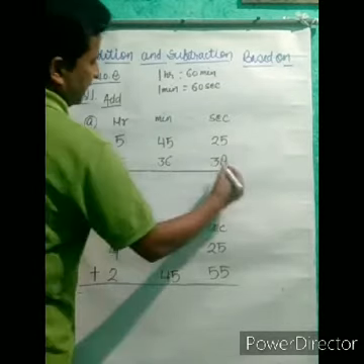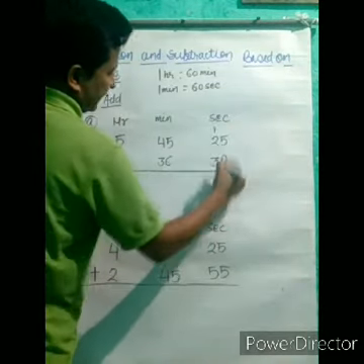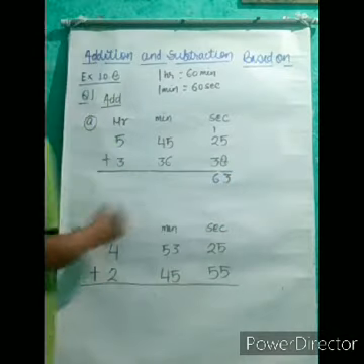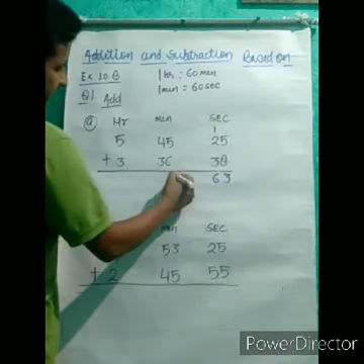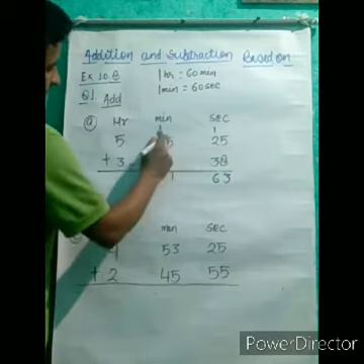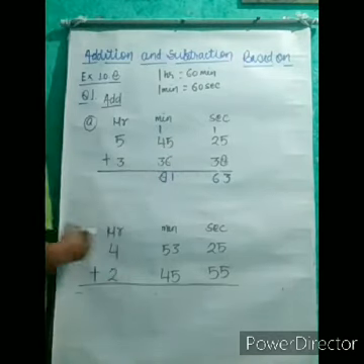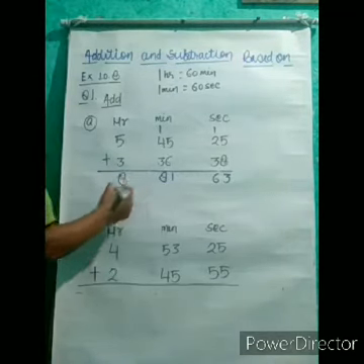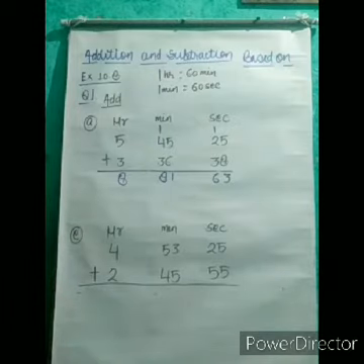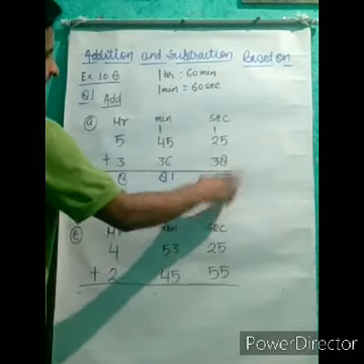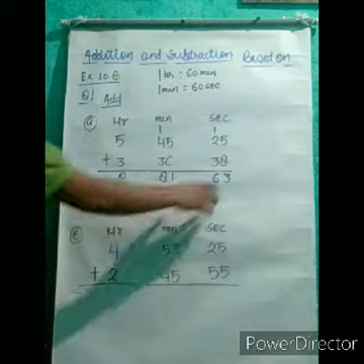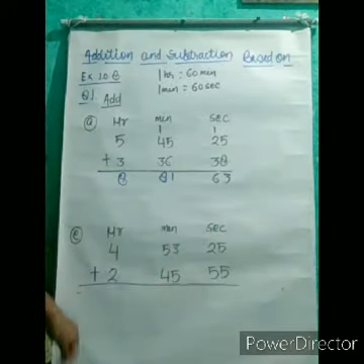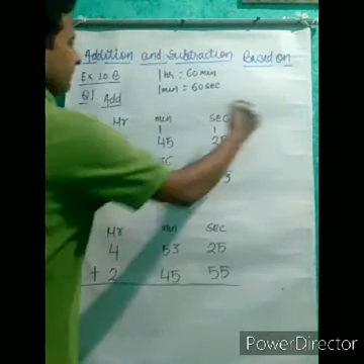So first of all, simple addition we will do. 3, 1 carry, here 63. So you can see it is more than 60. So again here 1, 1, 4 plus 3, 7 and 1, 8 and here 8. So if you notice, this second is coming more than 60. So in this second you can divide by 60.